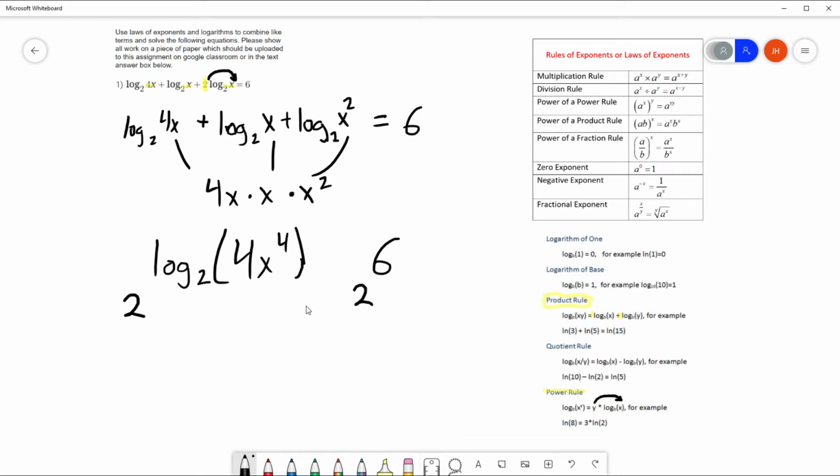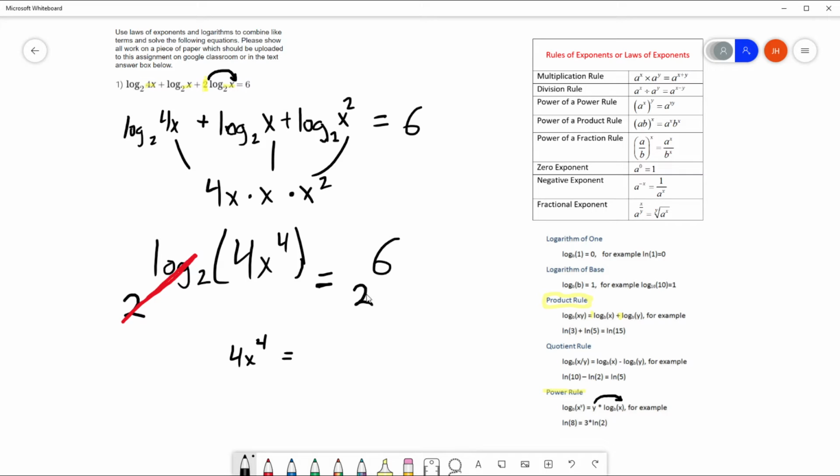Essentially, guys, what I've done here is I have just said that if log base 2 of 4x to the 4 is equal to 6, then 2 to the power of that should be equal to 2 to the power 6. That's actually the most common way to undo a logarithm. Because watch, now 2 to the power of and log base 2 are inverses of each other. That cancels out. Remember, anytime you have an exponential raised to the power of a log and they have the same base, they cancel. And I'd be left with 4x to the 4